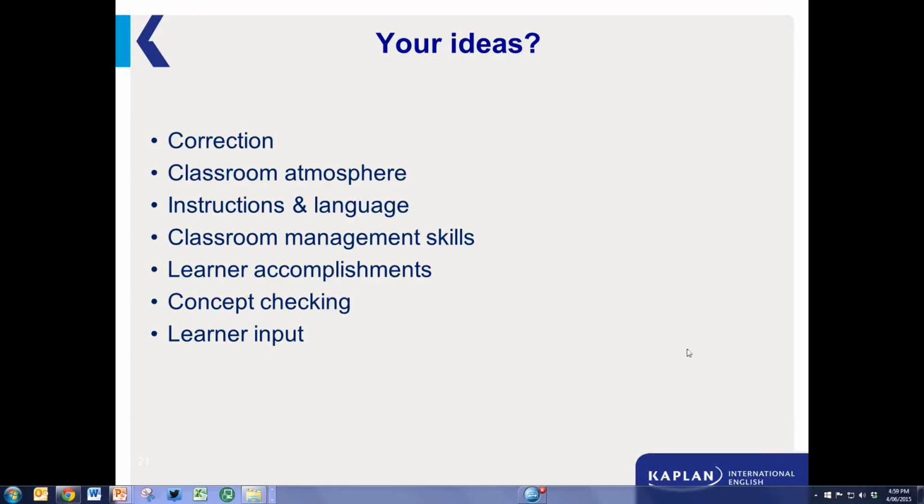Okay, so Supreet said that the teacher's a bit unsure and seems nervous. She needs to tell students about the camera too. Betty said good classroom atmosphere. Will said the example could have been elicited as a model. Kylie has said that the instructions are clear, but there are no ICQs, instruction checking questions, and so she had to repeat the instructions as she circulated. Maybe she should have demonstrated how to use the language she wanted them to use.